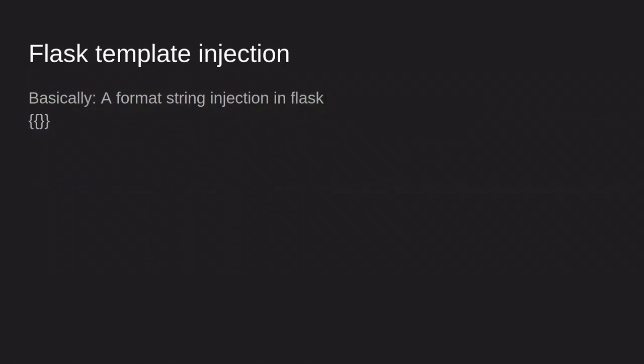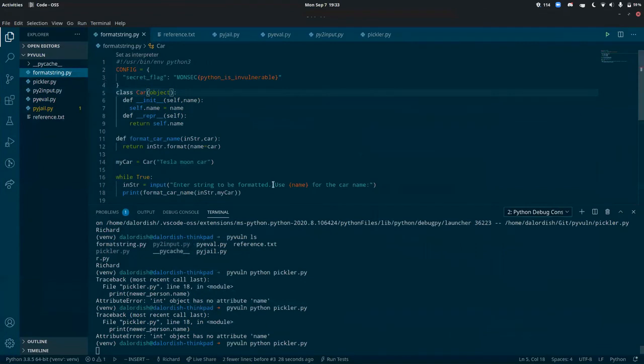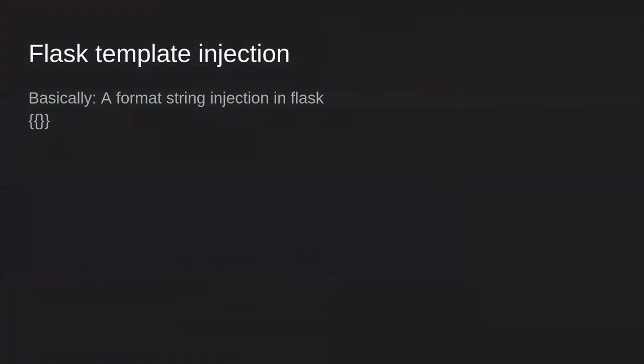So if we go back to format string, here we intentionally allow you to use bracket name bracket. That's really bad practice, and typically you don't want users to be able to control template strings, and templates, which is what this is. Flask did that, which basically introduced this vulnerability, and for some reason it's really, really popular. It's not something that you're likely to see in the real world, in my opinion, because it's a pretty major vulnerability and it's been fixed for a while now.